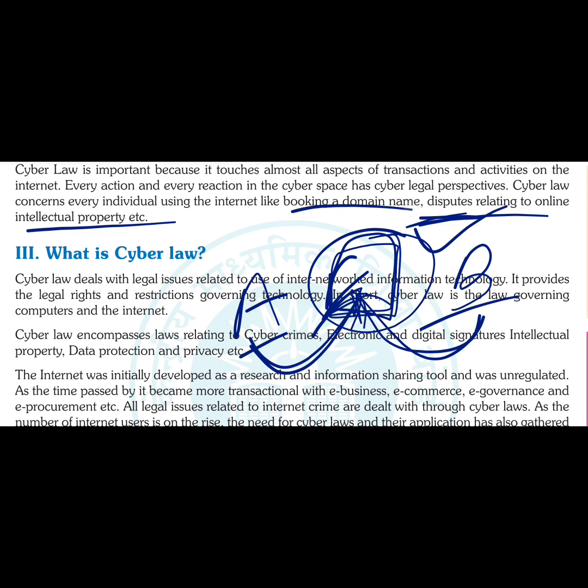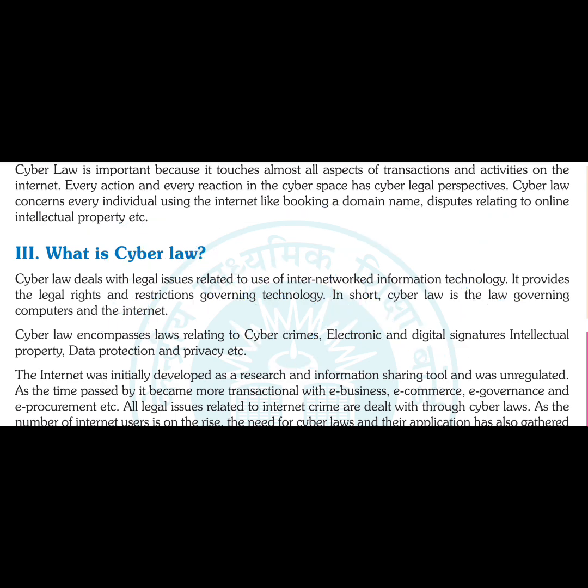Fine. Booking a domain name, like suppose you may have seen flipkart.com or amazon.com, amazon.in. What are these? These are domain names which are fixed over the internet, and they also have the trademark or the absolute right to use those domain names. If somebody encroaches upon it, somebody uses it without due authorization or permission, then there will be a dispute regarding that. So it addresses every individual who is using the internet, and it governs every individual using the internet